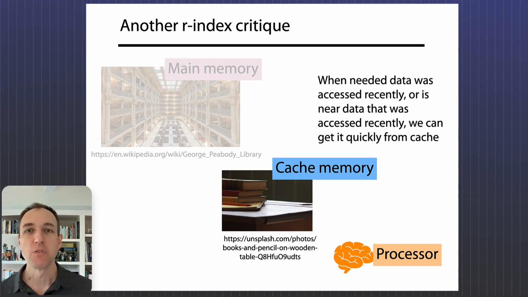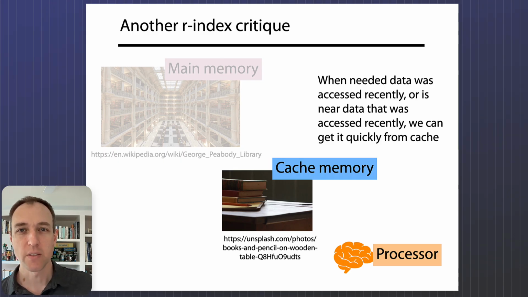Okay, so if the data that our algorithm is using was used recently, or it's near some of the data that we were using recently, an interesting special case of this is if you're accessing memory sequentially. The computer hardware is usually clever enough to notice that you're doing that. It says, oh, I see, this person is just walking through memory in order. I should go fetch ahead,